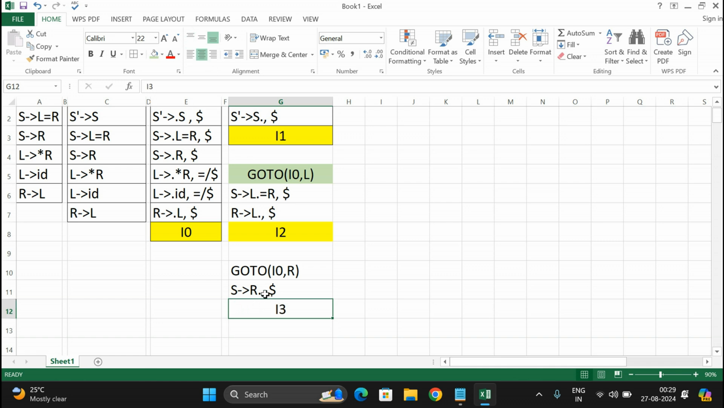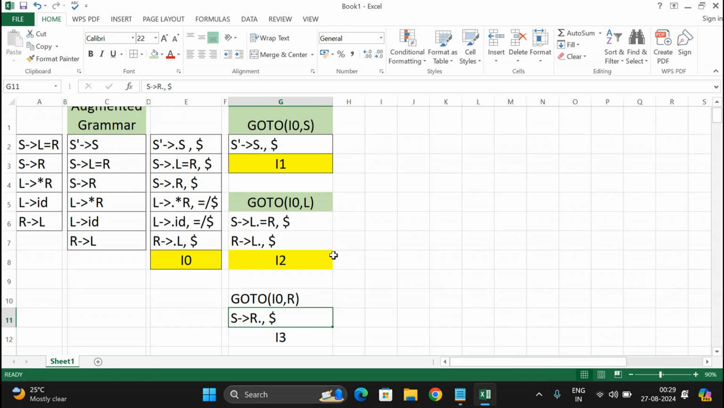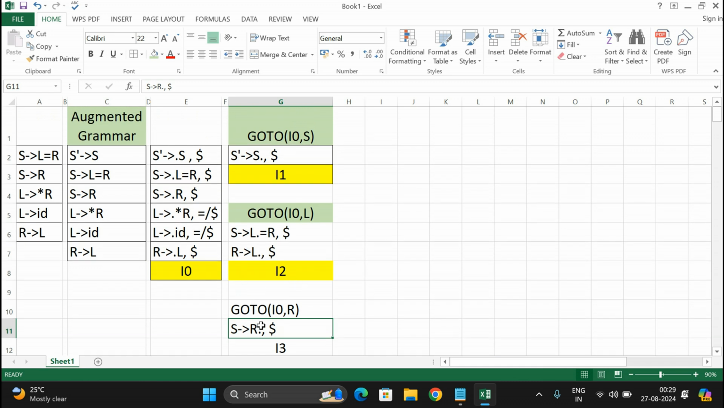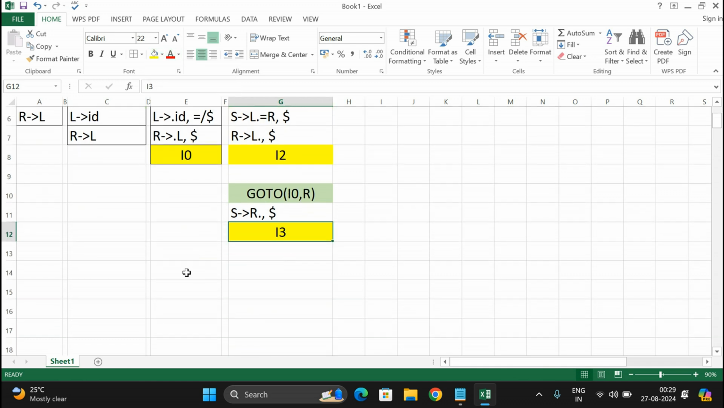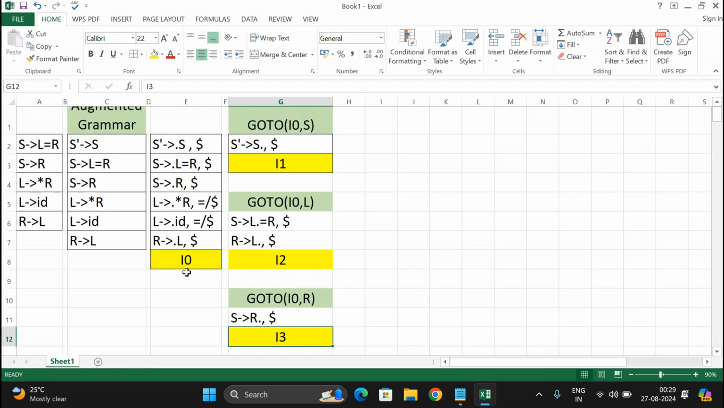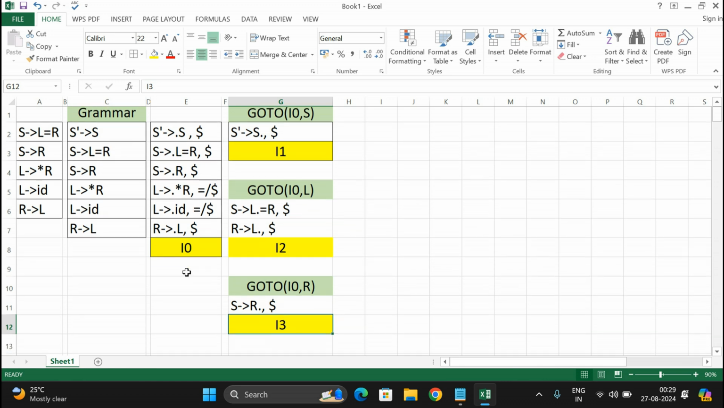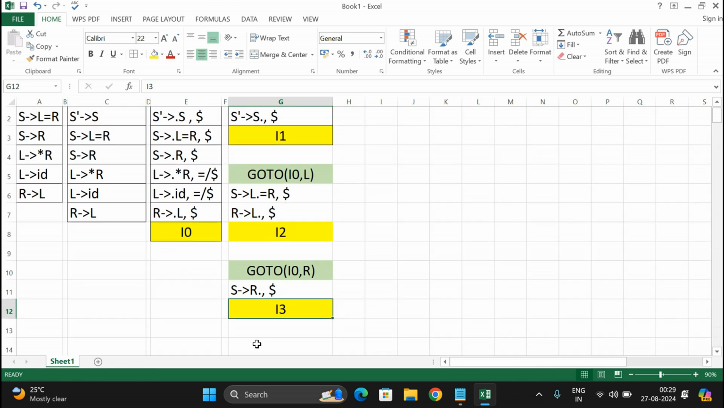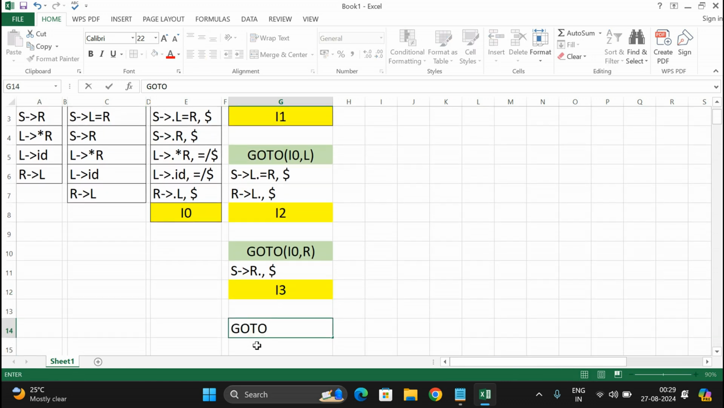Okay, we have to check whether this production is already parsed or not. So far that was not parsed. This is a new thing, so this will be the new state, and the states are represented with the yellow color. Okay, so go to I0 with S, I0 with L, I0 with R, and then the next one, go to